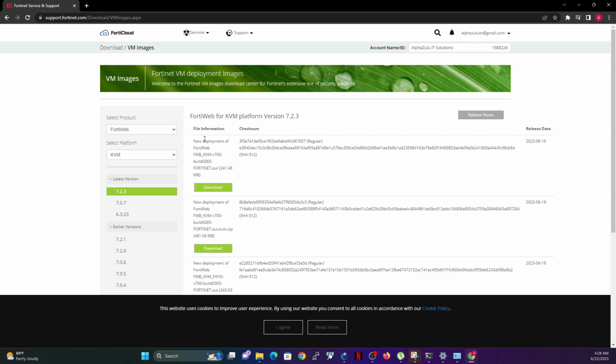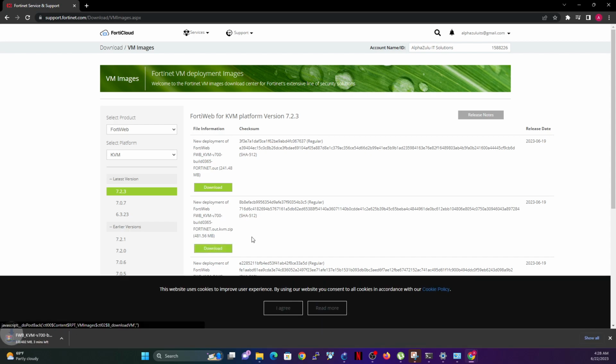So here, this is for new deployments, and this is 7.2.3. So yeah, I want to download the KVM version. This is what I'm going to use. Click download.